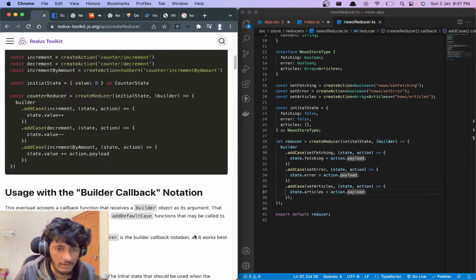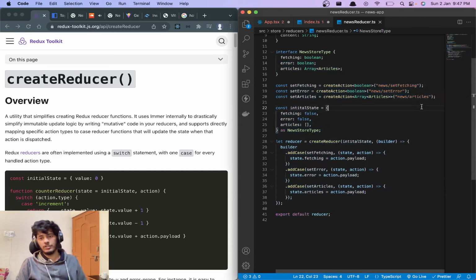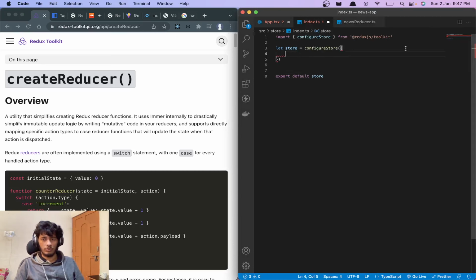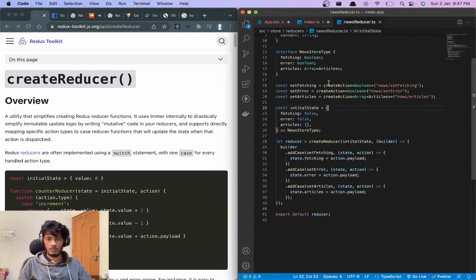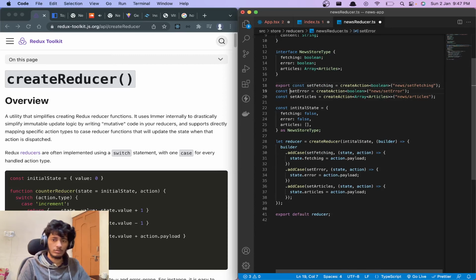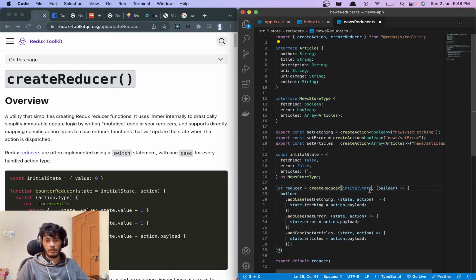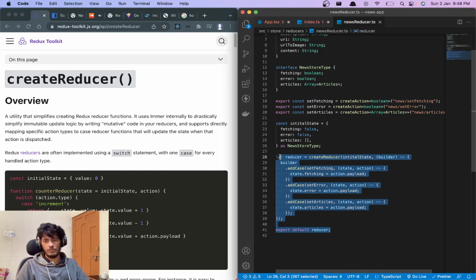So we have this one. Right. So let's add this reducer to our very own store. Let's import this. I think all these actions will be exportable, so we can just say export, right? And the initial state is okay. And we can default export this reducer, right?